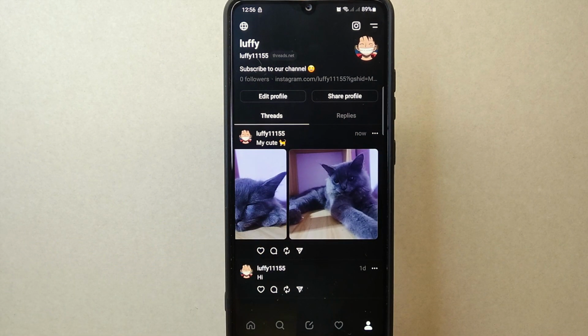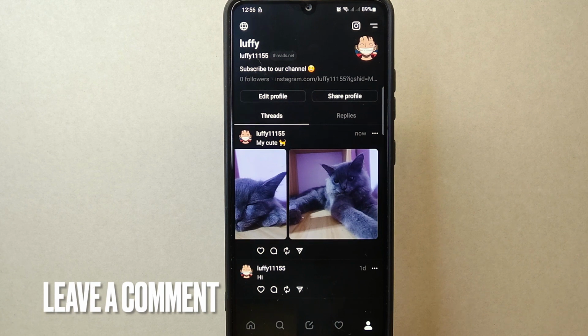There you go. If you wanted to know how to post photos on Threads, that is the easiest way I know how. If you know another way to post photos on Threads,